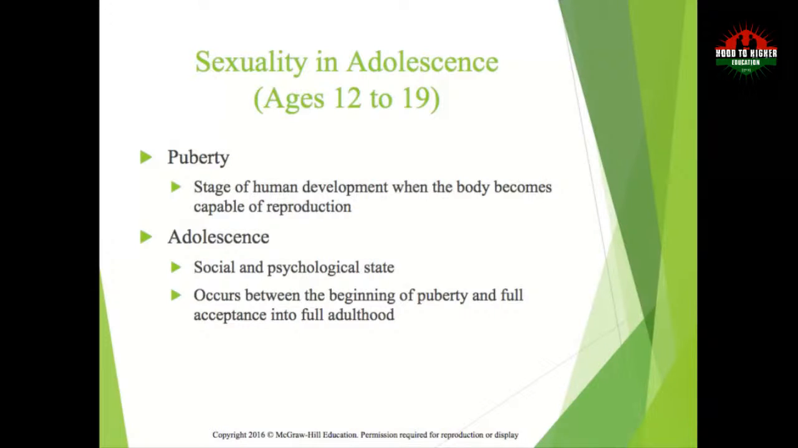The average age of menstruation is 12 years and 4 months, although girls may begin menstruating as early as 9 or as late as 17. It depends on the person, it depends on genetics, right? So